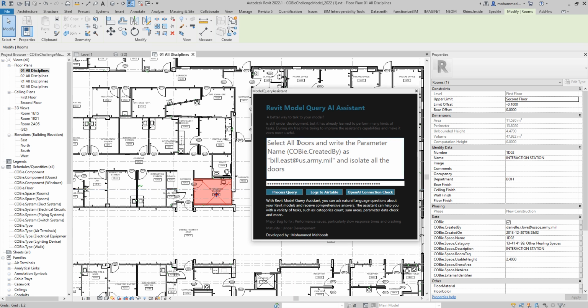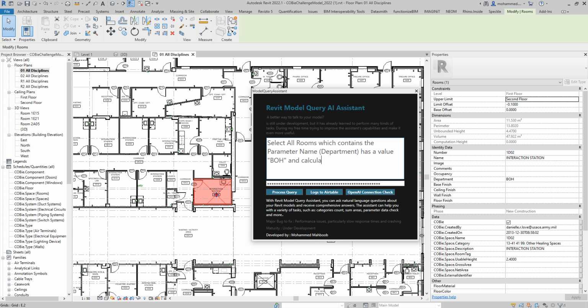So what we were trying to say is: select all the rooms which contain the parameter name as department and have a value BOH. That's the value that we have updated in all the rooms,